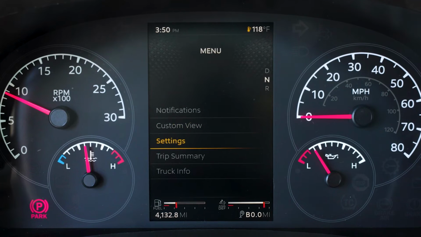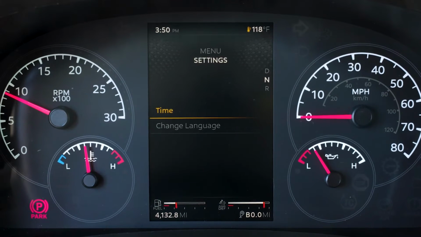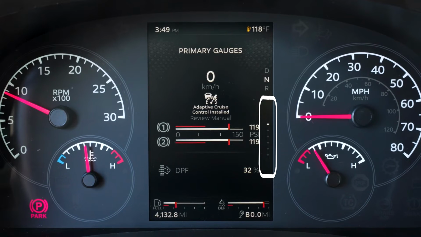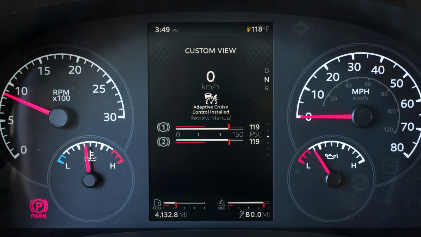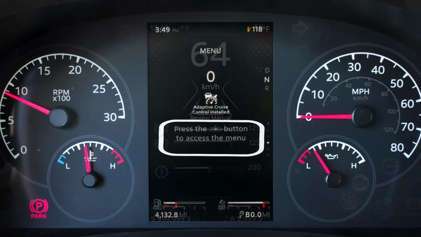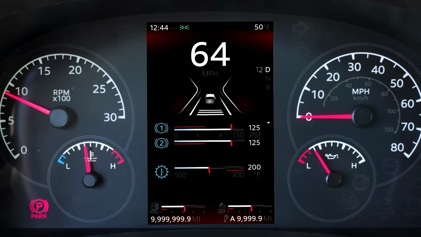A few settings that are available for customization include date and time, units and language, and other features depending on truck configuration. When a view is shown, its position in the view sequence is shown on the right. Use the Select button to access the different options. When the parking brake is released, the display will show useful driving information, minimizing the currently selected view and removing